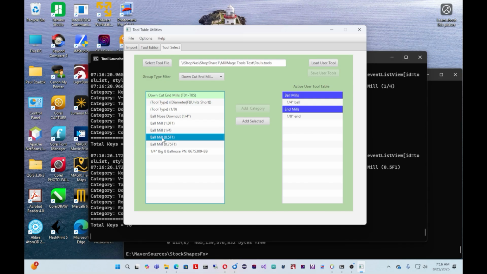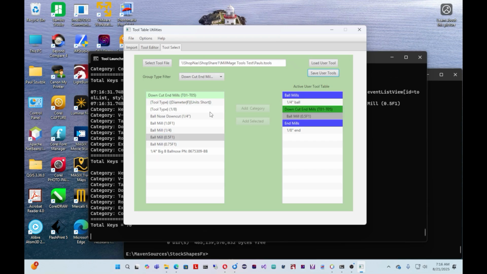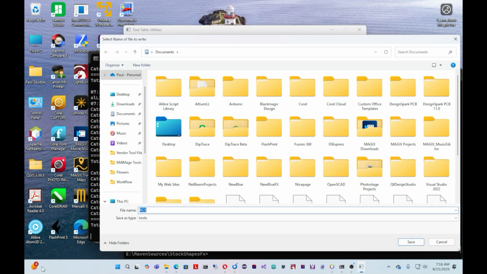All I gotta do is double click, then add selected. And what it does is it brings down the category that we want, and it'll bring down the ball mill that we want. And that's in here. Now if I save the user tools, I can save it back to RC5, and it'll warn me that the